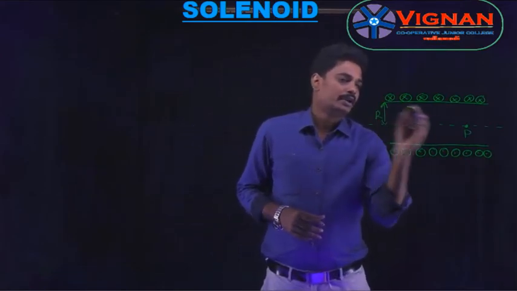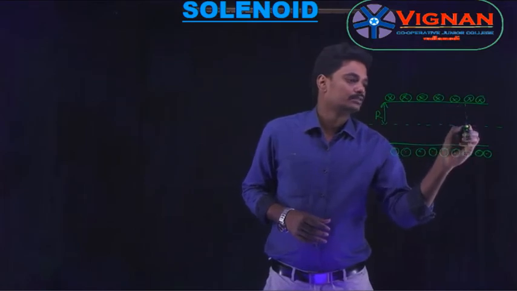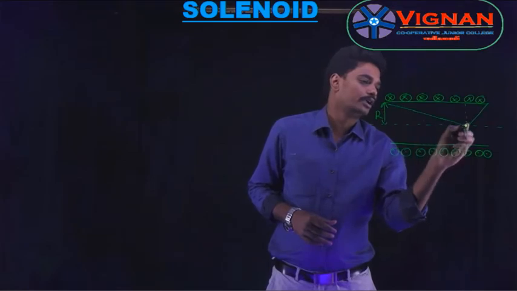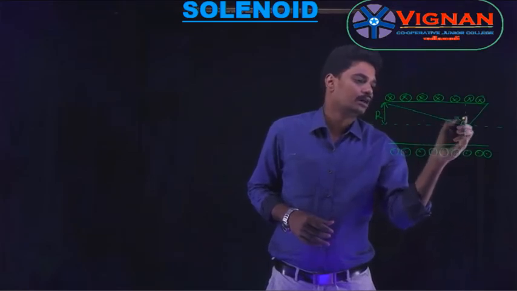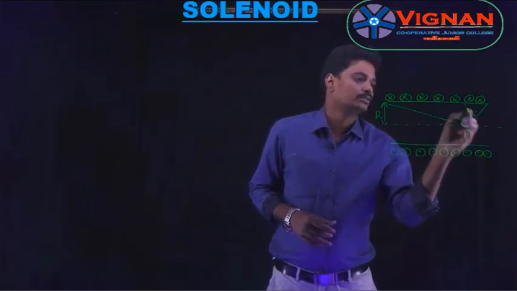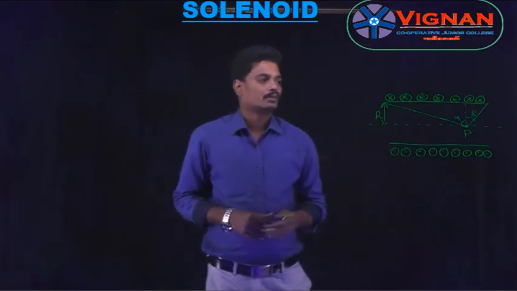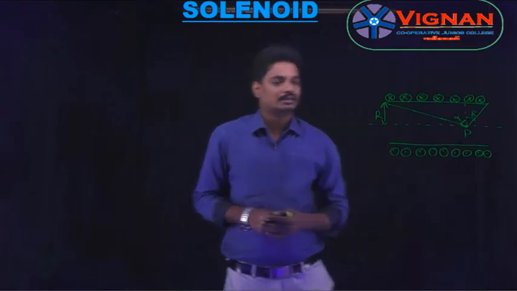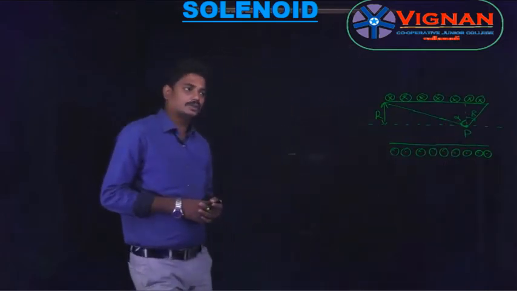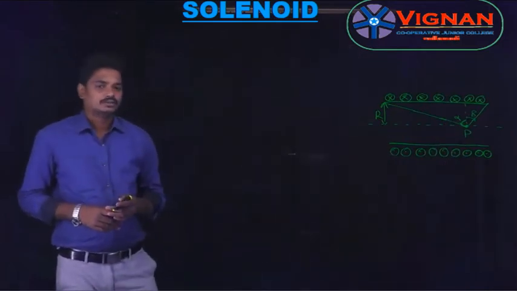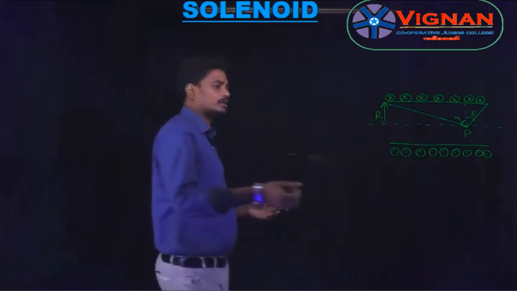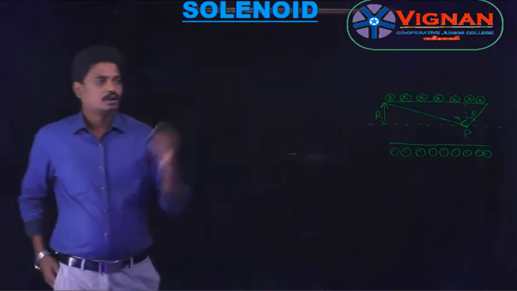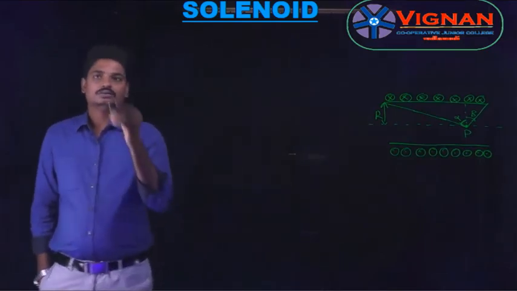Let the point P make angles with both ends of the solenoid, measured from the vertical, as alpha and this angle beta. One angle is measured in the clockwise direction, and the other in the anti-clockwise direction with respect to the vertical. In our last discussion we calculated the strength of the magnetic field at this point P for a solenoid of finite length.